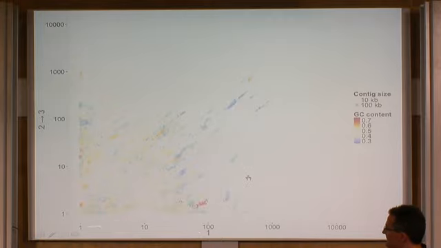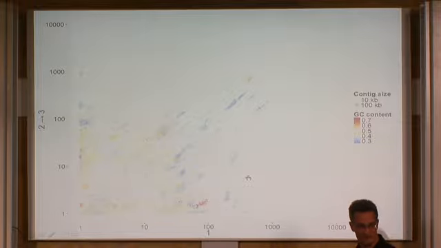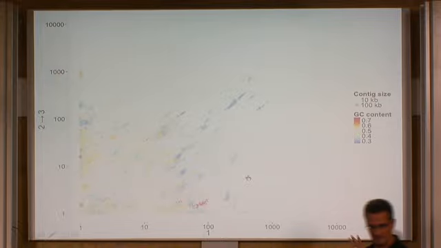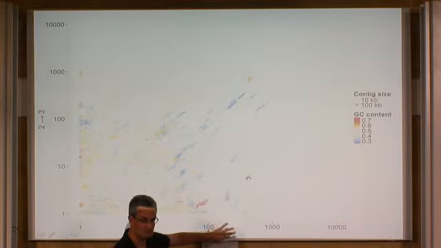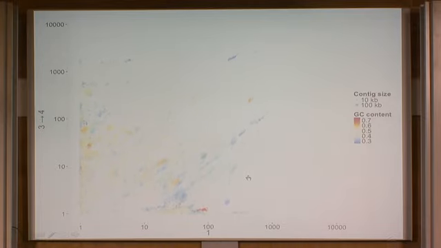Okay, so this is the coverage in sample 1. And now here we are morphing the coverage of sample 2 to sample 3. You basically see how the coverage is changing between the different samples. And when you watch the movie, we also do this for the x-axis, so this will be morphed from 1 to 2 and so on, just to see how the differences look. And what you see is that most of these clusters actually stay together, which is, I think, another indication that these are really real genomic bins.